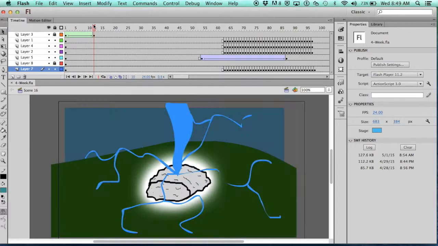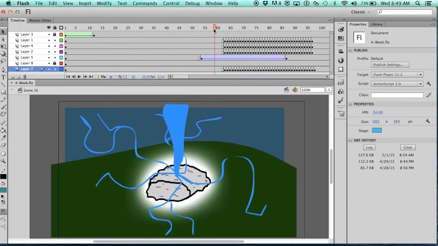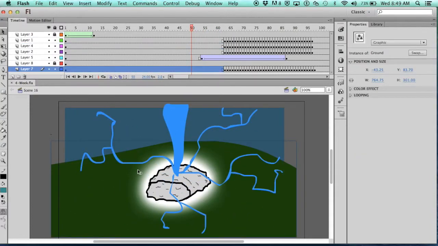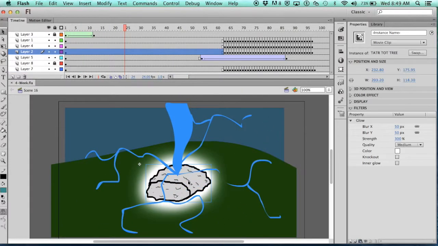And a final thing about adding a little pizzazz to your animation is this little glow right here. This is also a filter you can put on a movie clip. So you see this tater tot right here. I made it into a movie clip. I copied it from the original thing, and I made a new symbol, but it's the same image, and I made it into a movie clip. And I have it on glow right now,